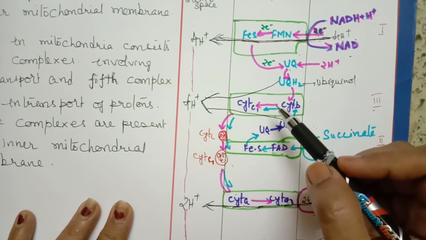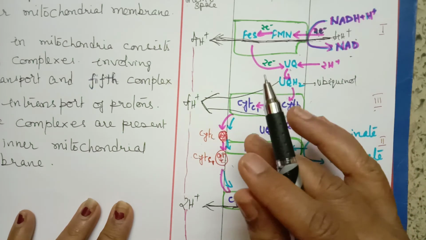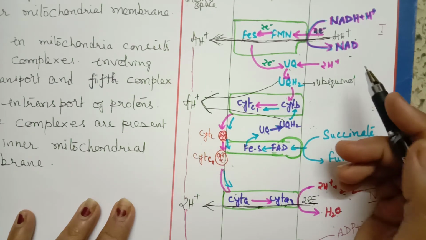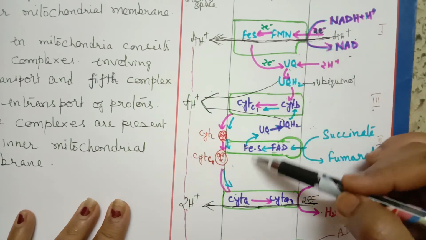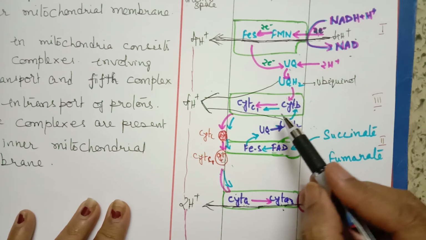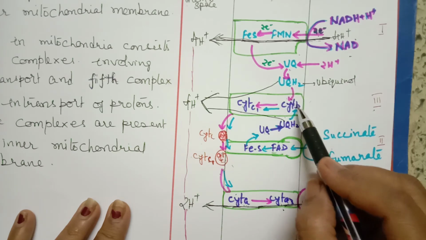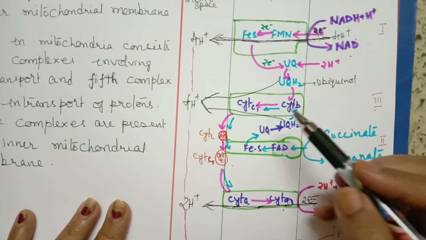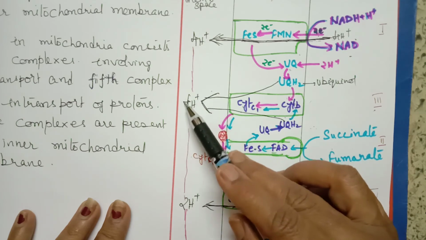We have done earlier that ATP synthesis is required because of the proton gradient, because once the proton gradient is created, then it can help in synthesis of ATP. So this proton gradient is created due to movement of electrons. Similarly, when the electrons are moving from the third complex to the fourth complex, the energy which is liberated is utilized for pumping of another 4 protons.